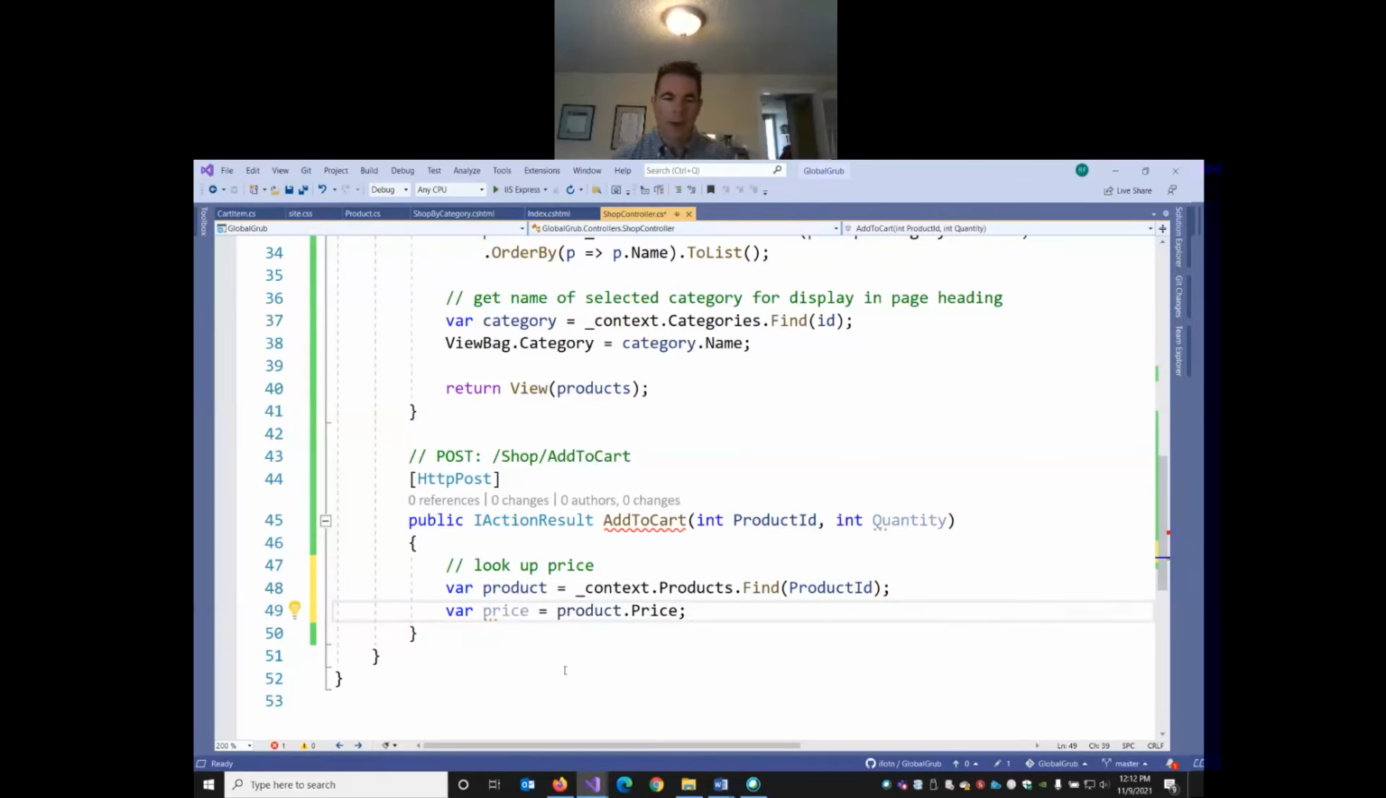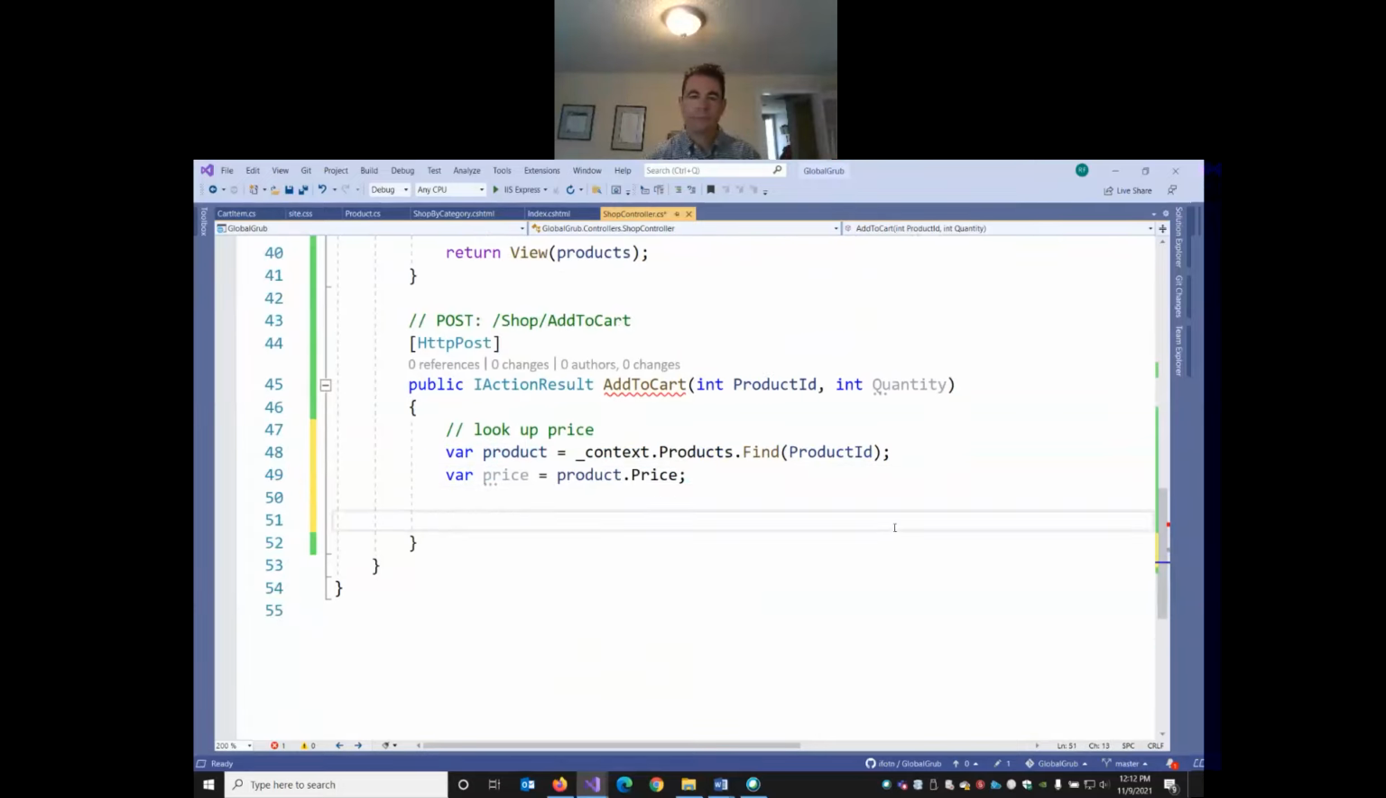And then we'll just set a price variable equal to the price of this particular product. The other way we could do this that would be correct, we could skip this if we wanted to, and we could also embed the price in another hidden field in our form and pass it as a third parameter. I think I'd prefer to look it up. Can't be hacked. Now,